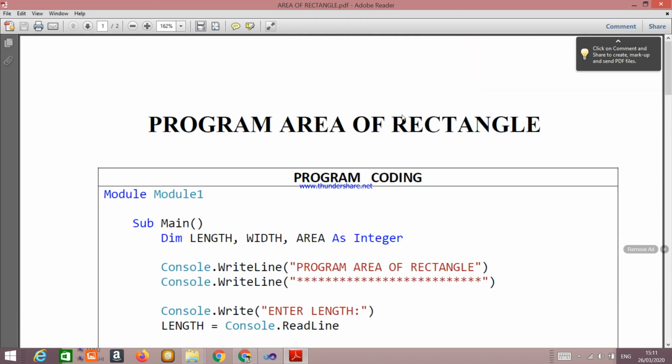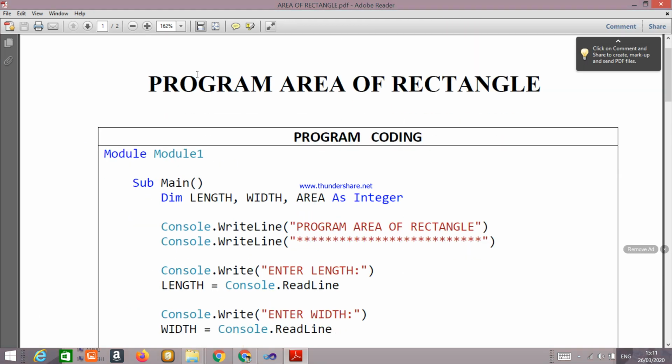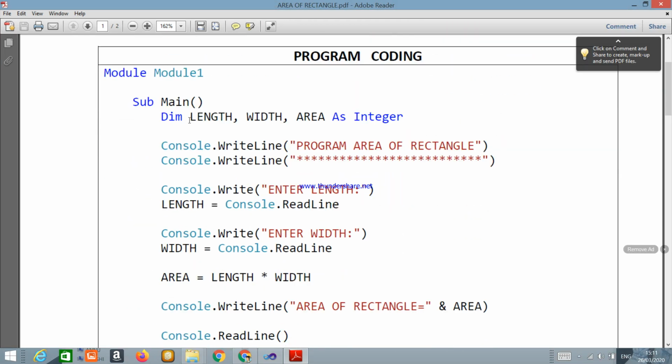Okay, let's look at the lesson today. So program area with rectangle. We have declared our variables. So what are the variables? Length, width and area. Okay, this is a prompt. This will appear as a title on the screen. This prompts the user to enter the length, and Console.ReadLine will